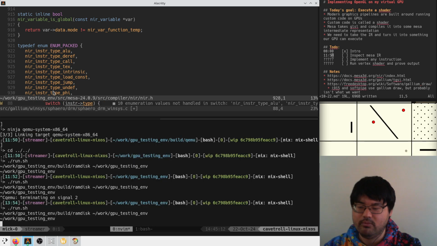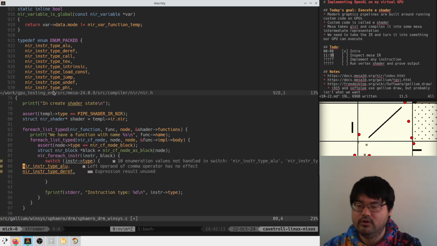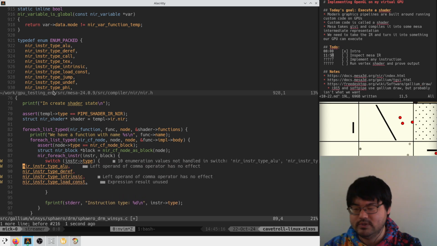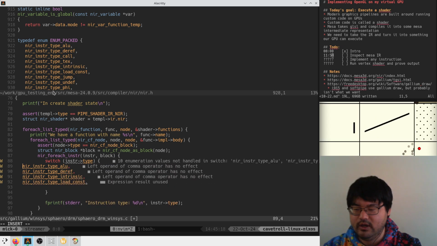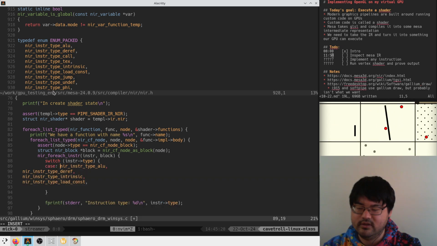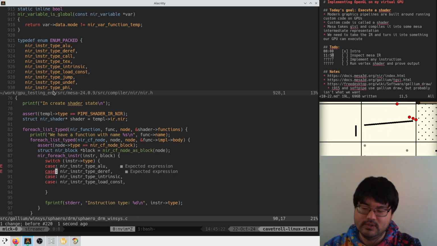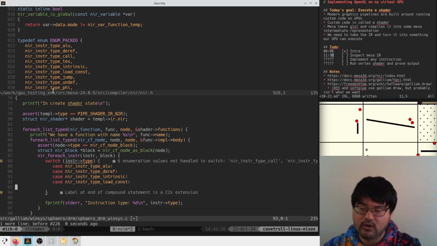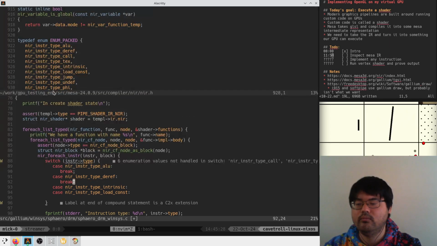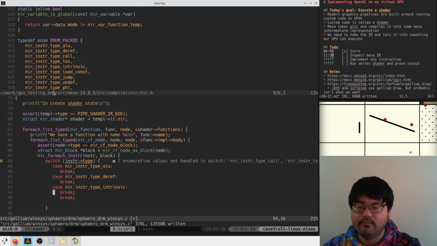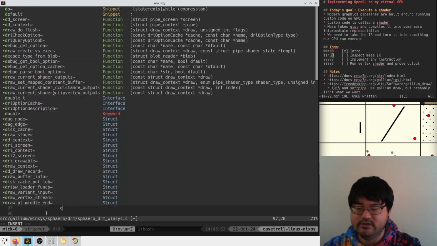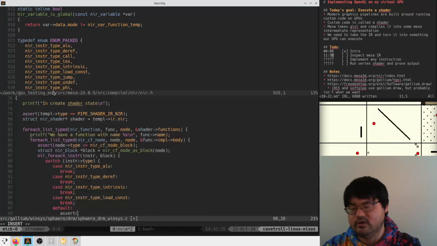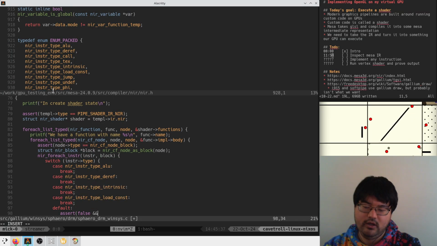This is all we have in our program so far, right? Oopsies. So we can do case this, and the colon goes over here. Okay. Default assert false, and